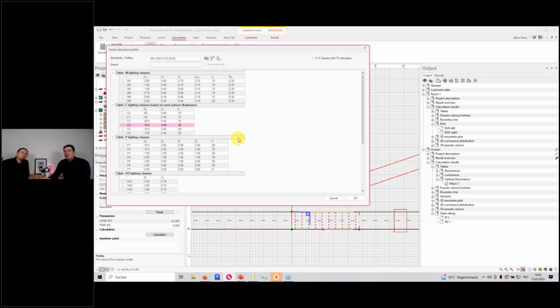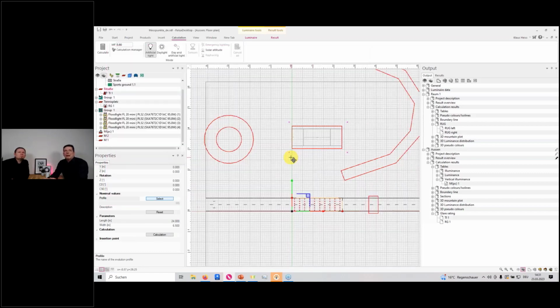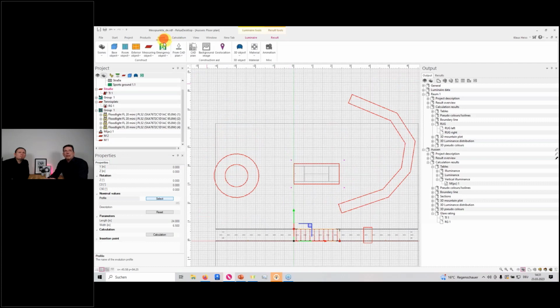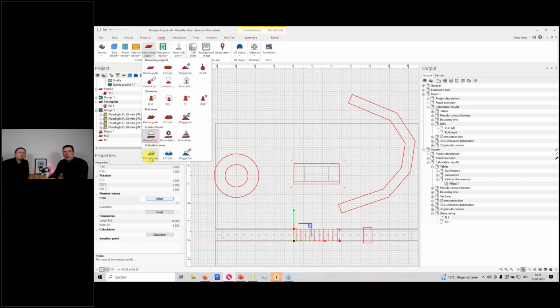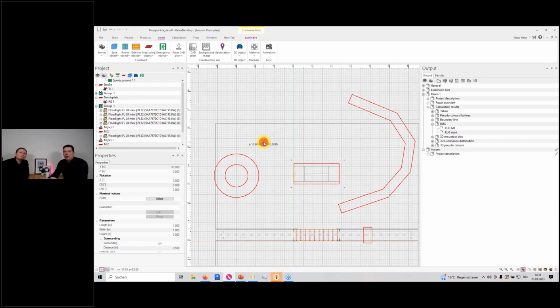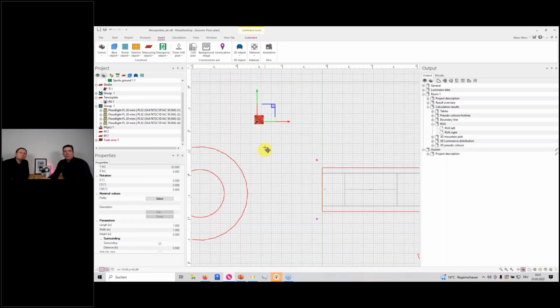In standard exterior scenes, we can only calculate the illuminance value, so only C and P are useful. M classes are only used in the road lighting module. But if we use as a measuring surface an evaluation area from this part, or a task area, as Robert has shown in the interior scene,